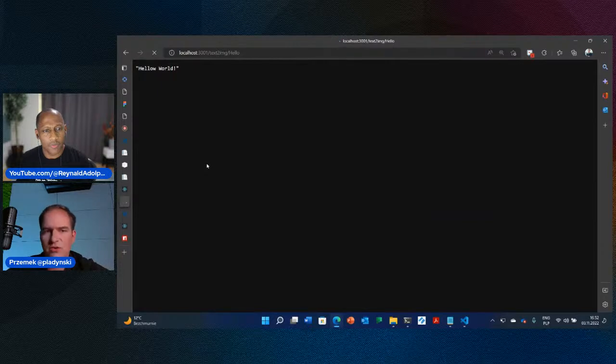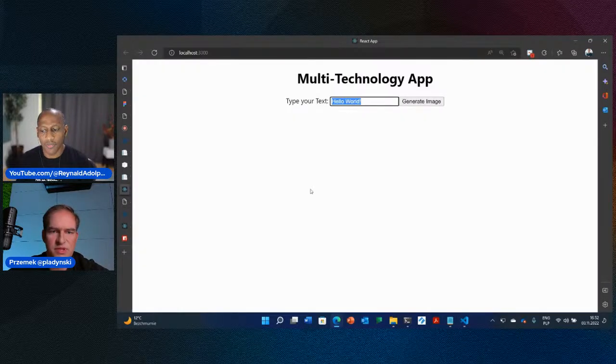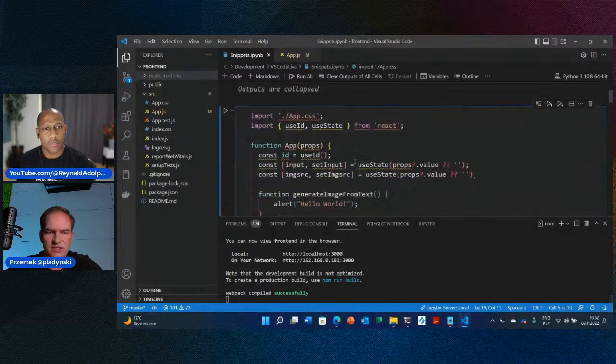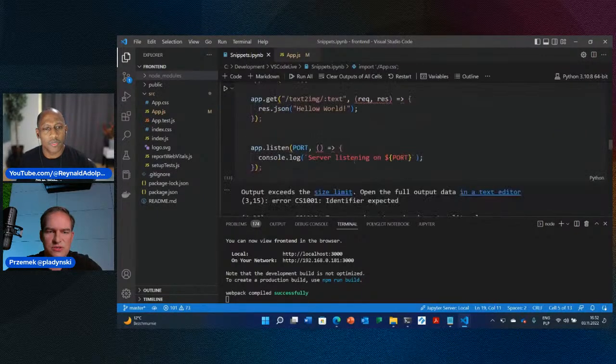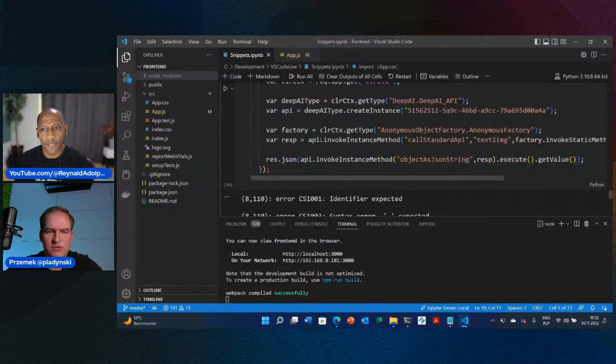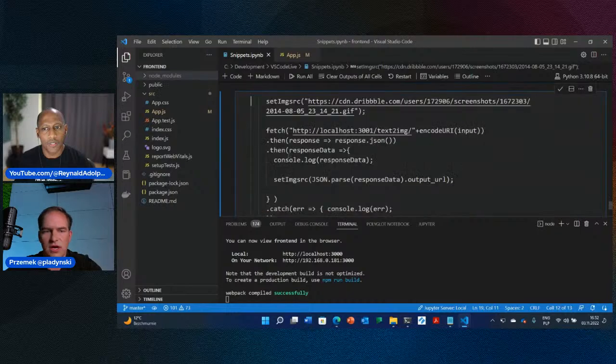It takes around 10 to 20 seconds for the DeepAI library to generate an image, and we get the URL to the image that we need to display. So let's bind it to our application to see how it works. So binding to the application is something, of course, standard for React. We'll just use here and declare definition of a method that will fetch the outcome for us from our backend